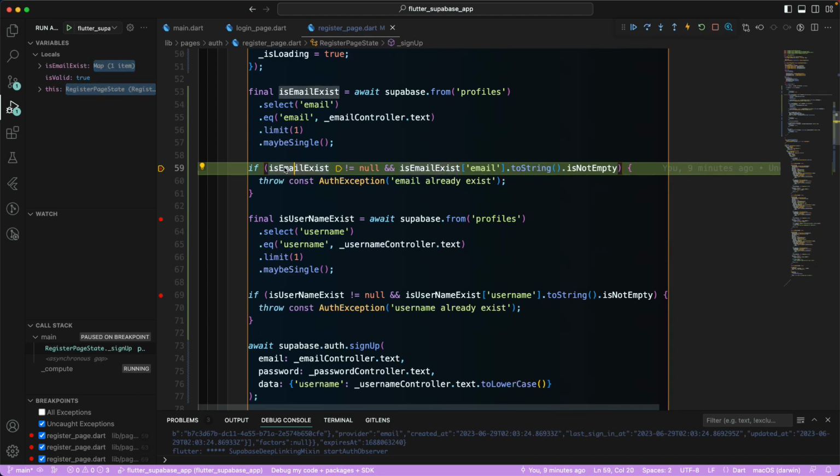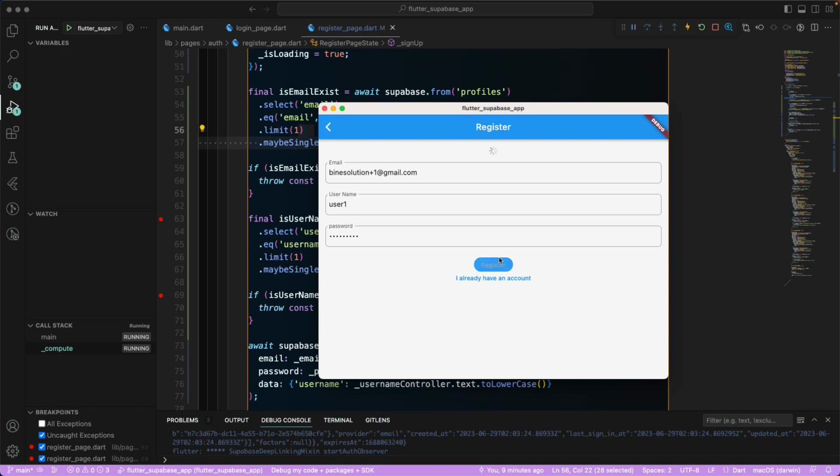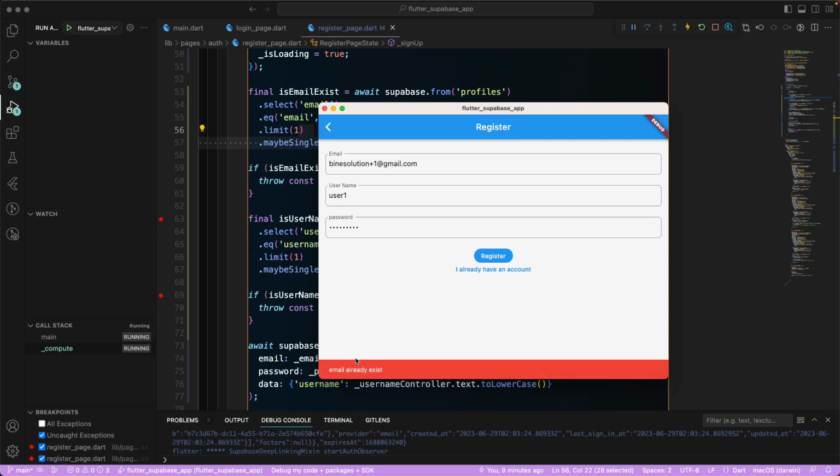So email exists over here. So let me see what the value is. So email already exists. So now you can see we are able to, and now what we can do is uncheck this one, and if I try to go back over here and register, we should get the snack bar over here. Email already exists. That's cool. So let's try to change this one to a different email over here, and let's again try to